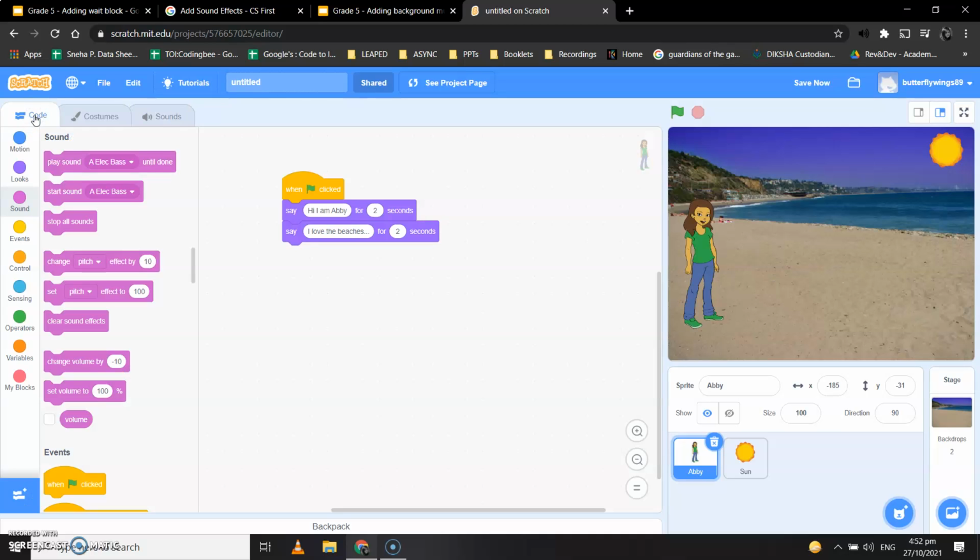So let's go back to code, and over here in the sounds block, we need to first click on the sprite. Then in the sounds block, we have play sound until done. We will put it under the say block. Over here we have two options. Select the ocean wave one and let's see how our program sounds now.